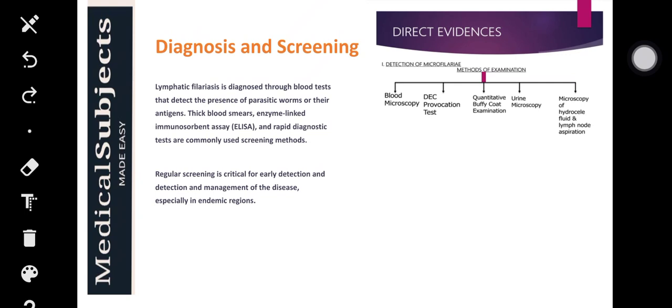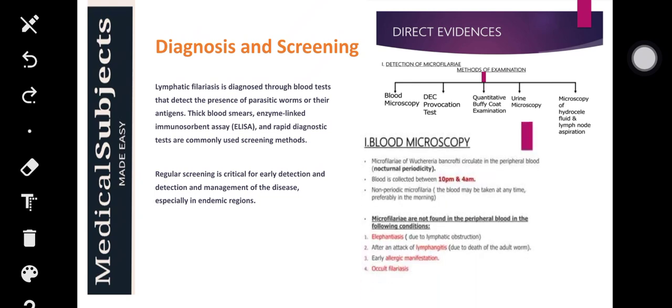So as you see here, detection of microfilariae, methods of examination: blood microscopy, DEC provocation test. You give DEC and then these get provoked and they come into the bloodstream. So DEC provocation test, QBC quantitative Buffy coat, urine microscopy, and microscopy of hydrocele fluid and lymph node aspiration. So these are the methods, direct evidence. Indirectly,